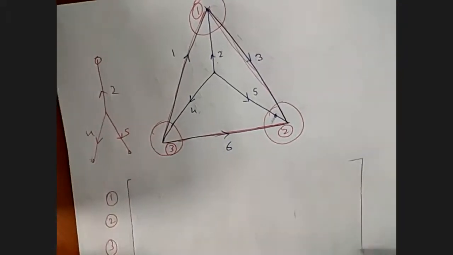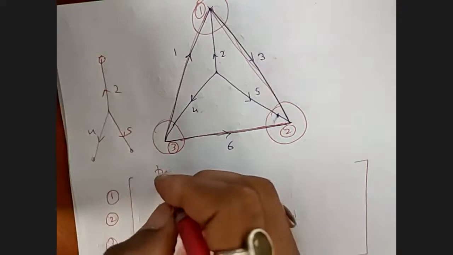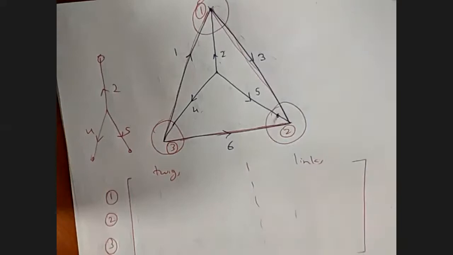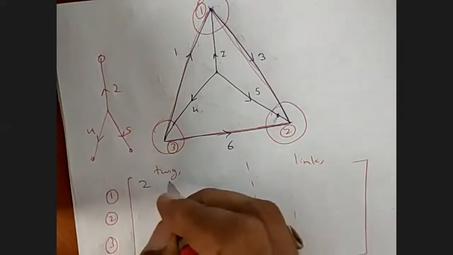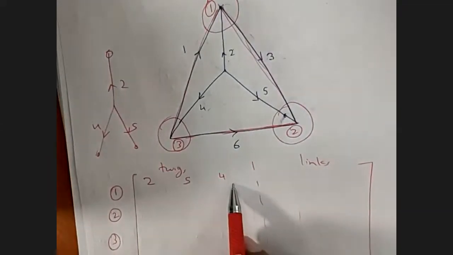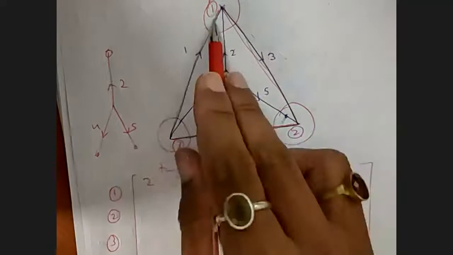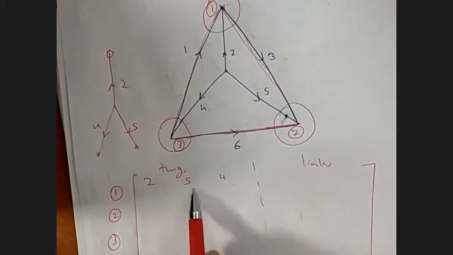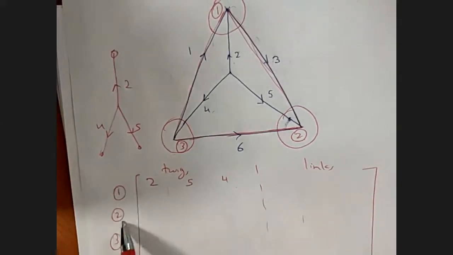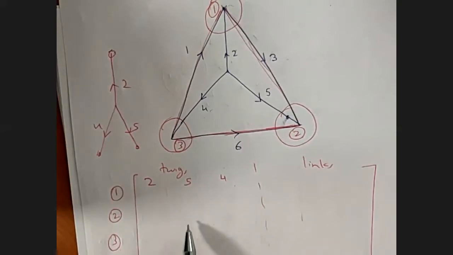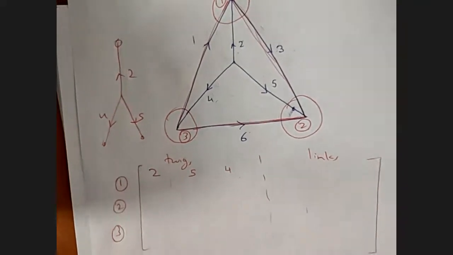Now how to write branch number? Twigs first and then links. Twigs are 2, 5 and 4. ये नंबर अगर आप सिमिलर टू ये रखोगे 1 2 3 तो इजी रहेगा. अगर आप इसको 2 4 5 रखते हो तो इसको 1 3 2 रखना पड़ेगा, वरना ये आइडेंटिटी मैट्रिक्स यूनिटी मैट्रिक्स नहीं बनेगा. बनेगा यूनिटी मैट्रिक्स पर वो एलिमेंट इधर उधर दिखेंगे.